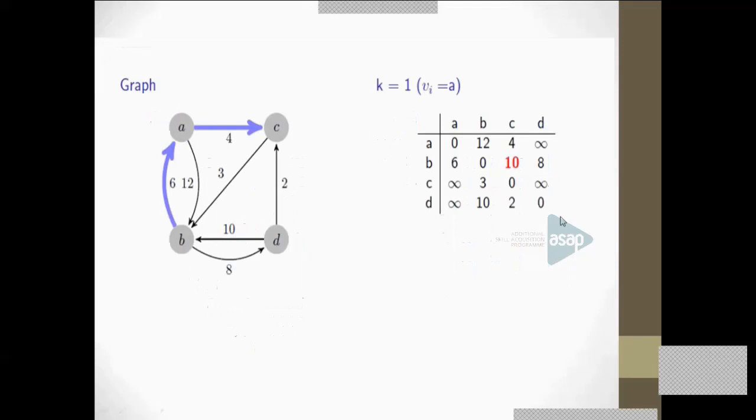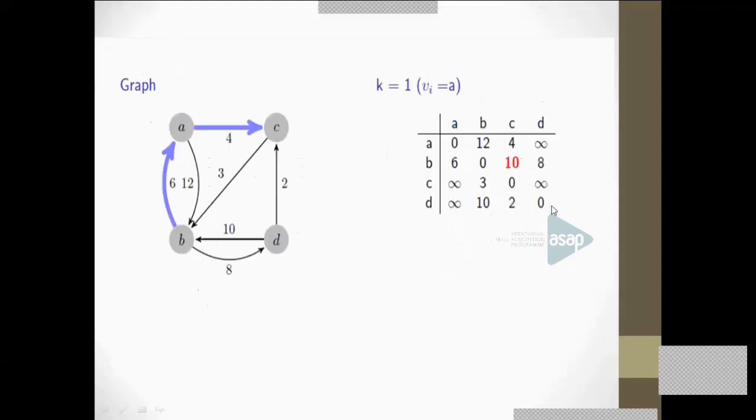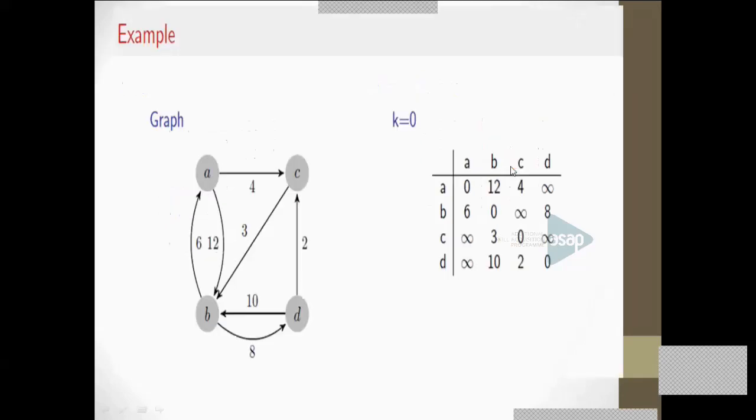When k equal to 1, there is an intermediate vertex, and 1 is actually A. And any updation to the previous matrix? This is the distance matrix. You have to see, are you getting any better distances, any shorter distances than the first values? And the one location where we are getting a better value has been displayed in red color here. Here you can see B to C, there was no direct edge.